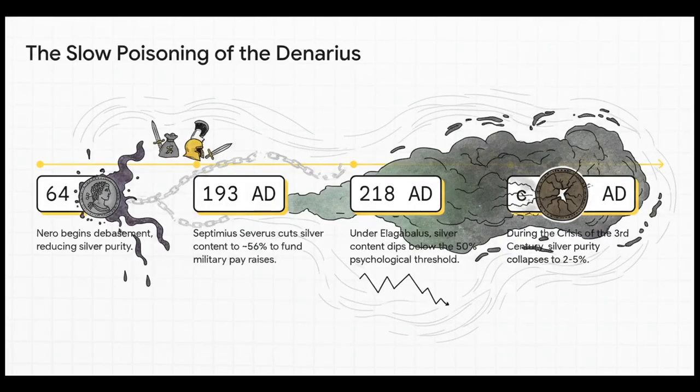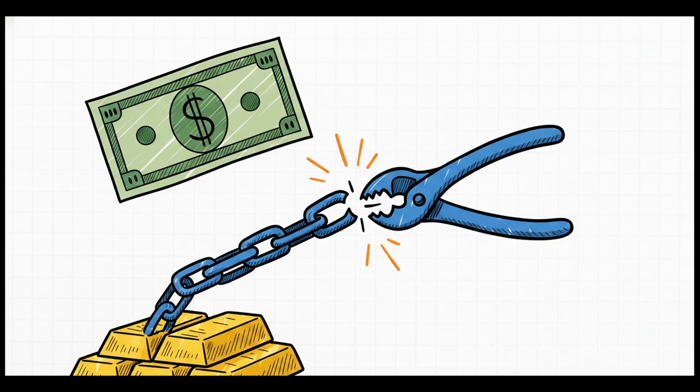And this timeline, wow, this is basically a financial horror story told over centuries. It wasn't a sudden crash, it was this slow generational poisoning of the money supply. Just look at how it progresses. It starts small with Nero, a little clip here and there, but then look at Septimius Severus, a massive drop just to fund the military. By the time you get to the crisis of the 3rd century, the denarius is essentially a worthless bronze disc with a thin silver wash. The trust is just gone. And the modern parallel to this is just chillingly direct.